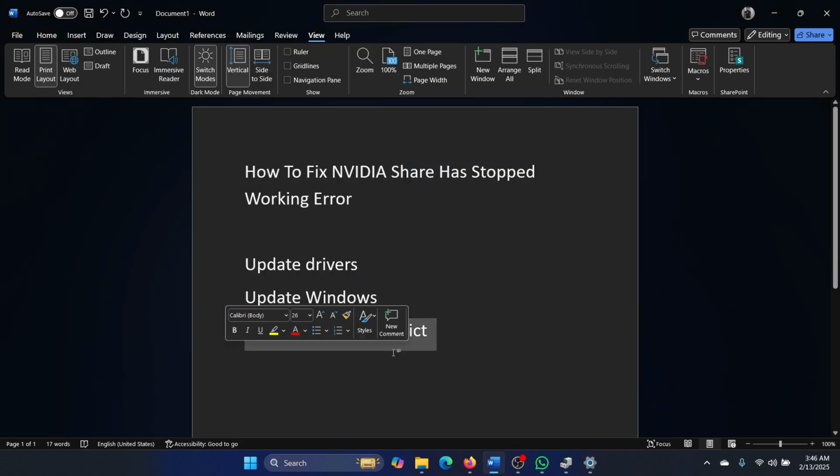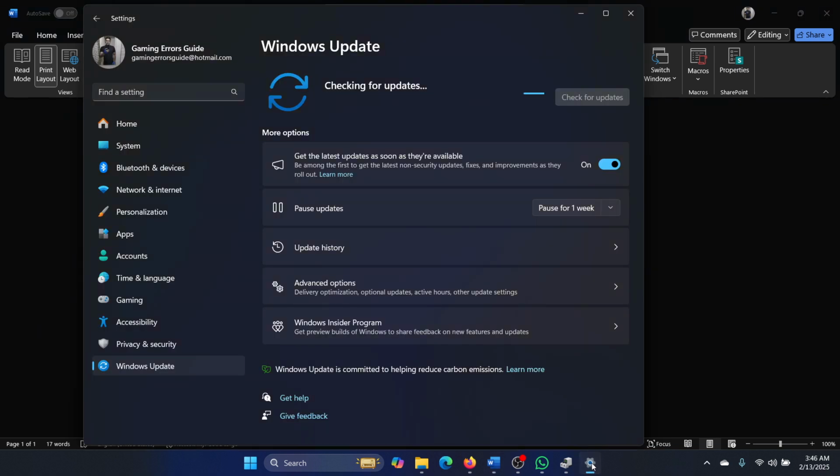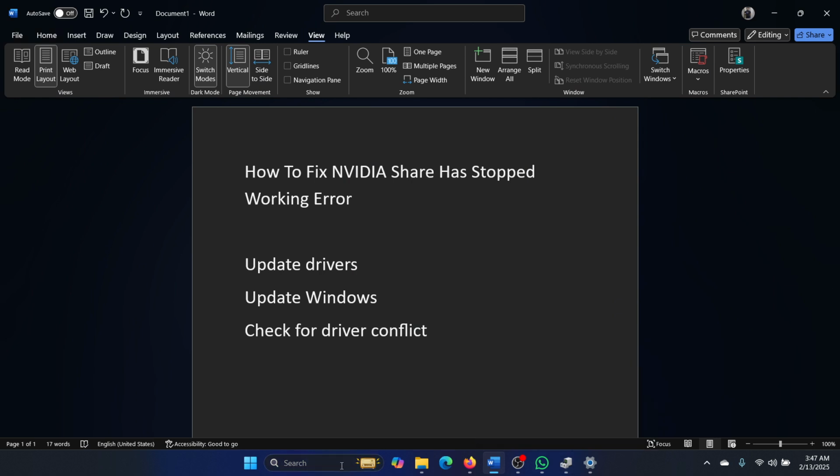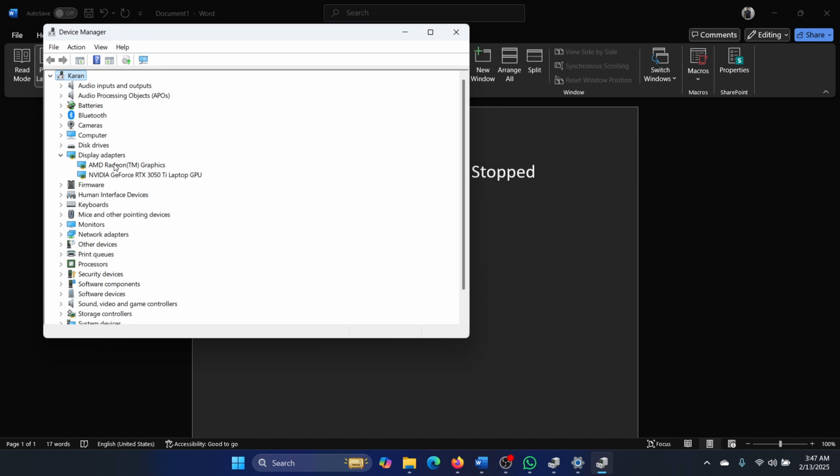The last solution is to check for driver conflict. And how would you do that? Search for Device Manager once again and go to Device Manager. Now expand display adapters. If it has an Intel normal graphics card, then it's okay, the basic graphics card. But if it has a conflicting dedicated graphics card like the AMD Radeon one, then right click on it and